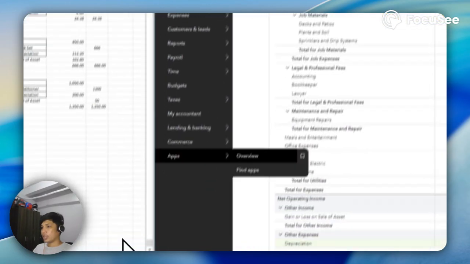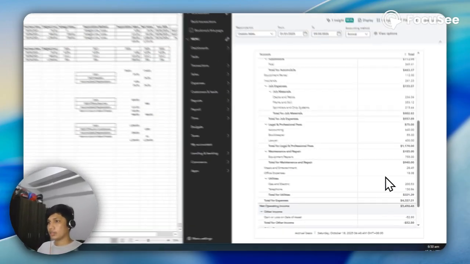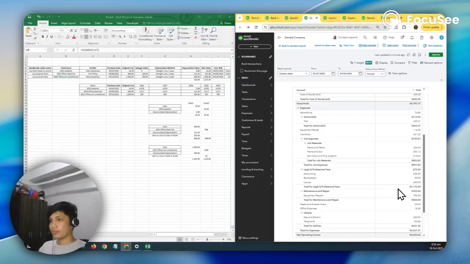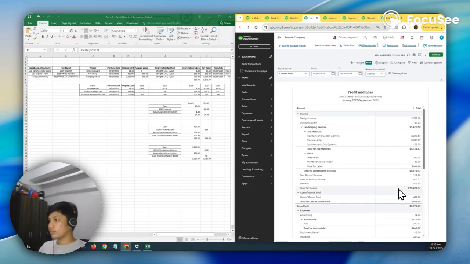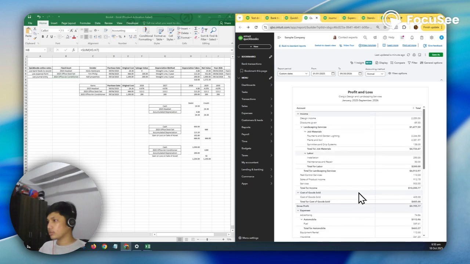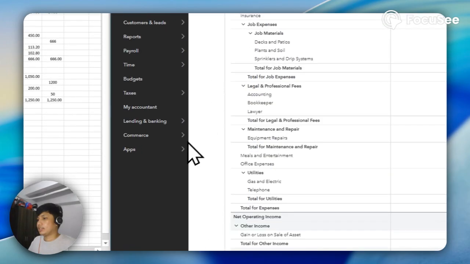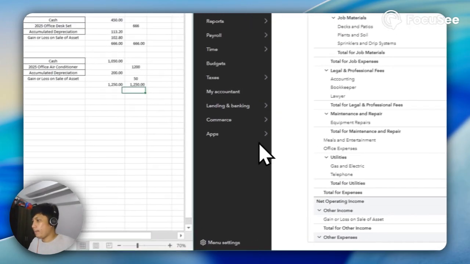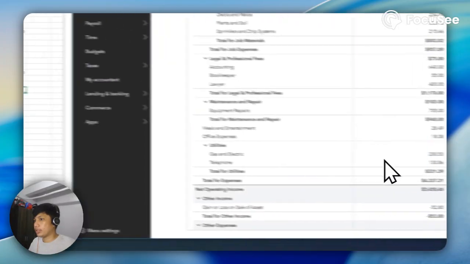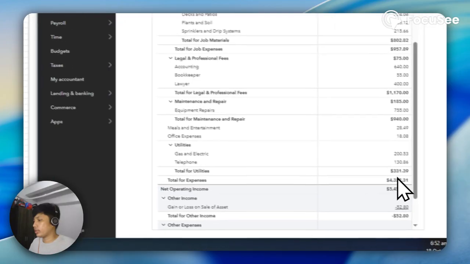Let's take a look at the sales. So let's see the gain or loss on sale of asset.